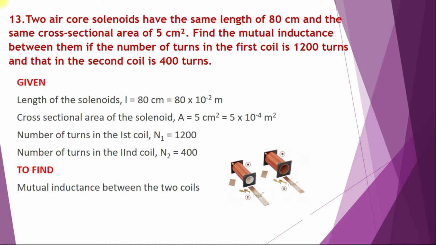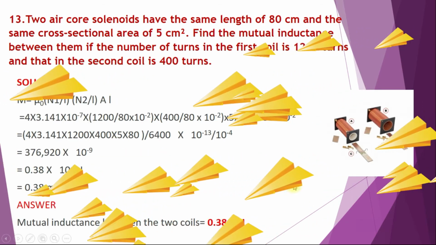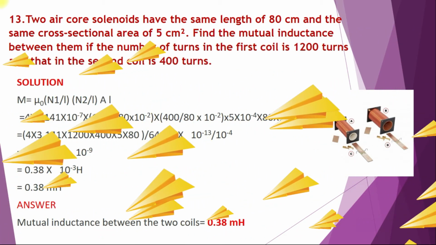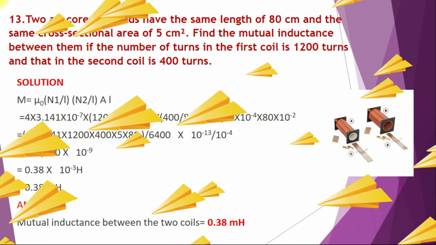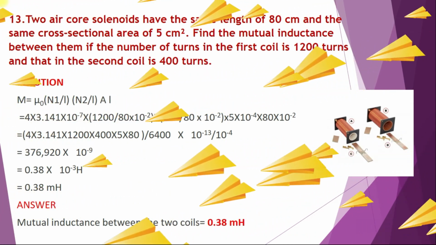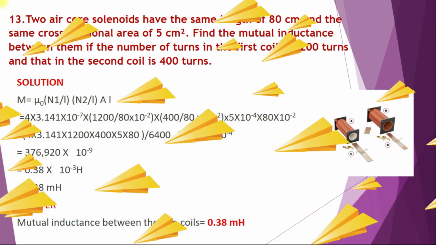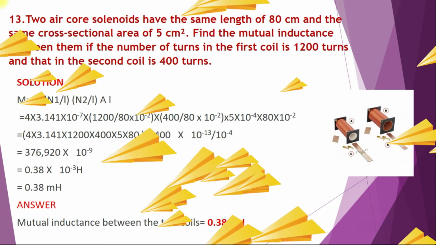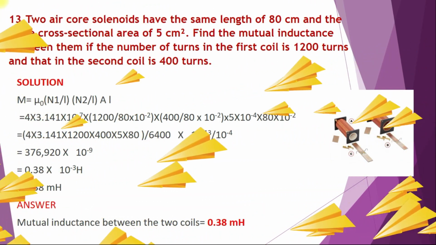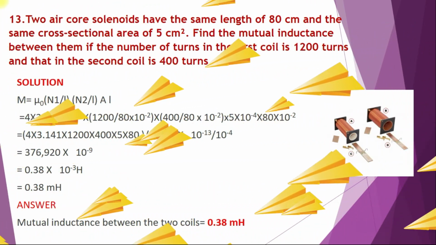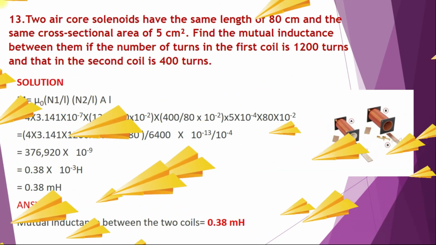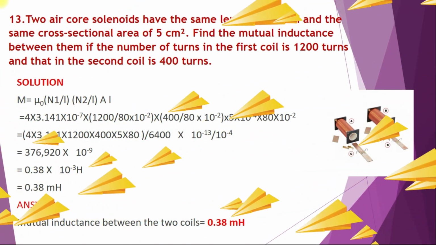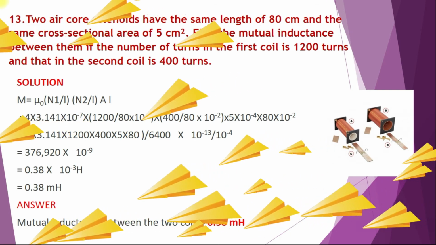We are supposed to find the mutual inductance between the two coils. The mutual inductance is given by the formula μ0 × (N1/L) × (N2/L) × A L. Now substituting all the values from the given data, we get 4 × 3.141 × 10^-7 × 1200 divided by 80 × 10^-2 × 400 divided by 80 × 10^-2